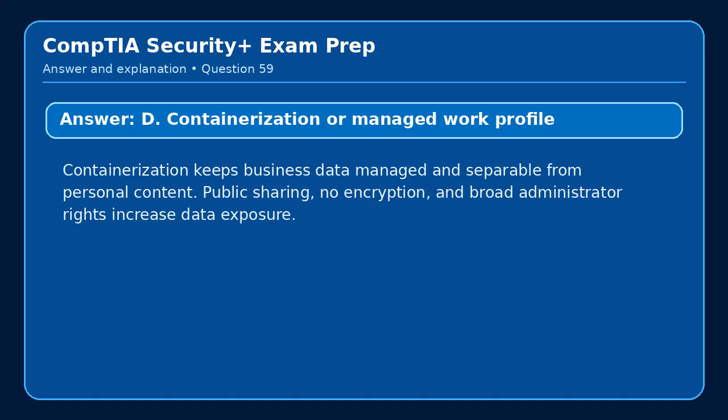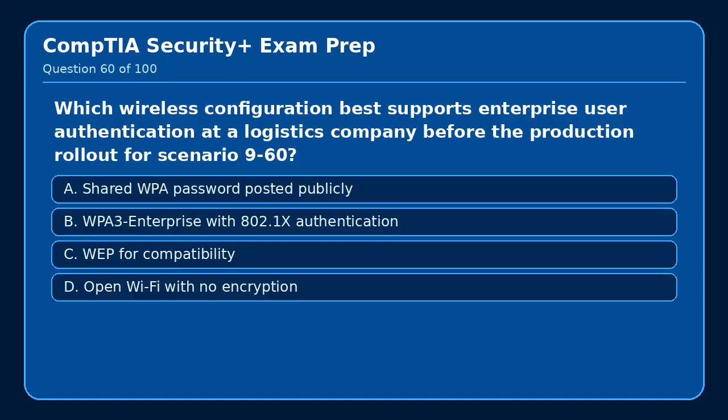The answer is A. Apply a secure baseline image and verify compliance. A baseline image standardizes approved configuration and reduces configuration drift. Random settings, disabled updates, and removed protection create inconsistent and vulnerable endpoints. Question 62. Which method safely analyzes a suspicious attachment received by a manufacturing plant while updating the runbook